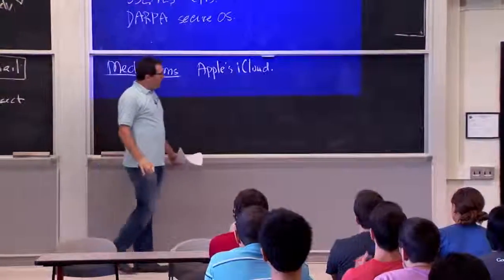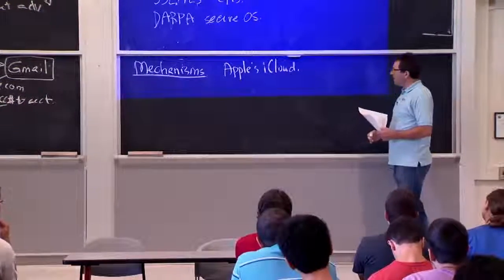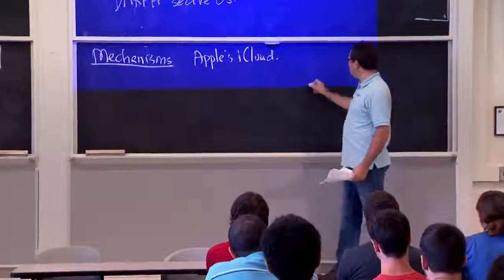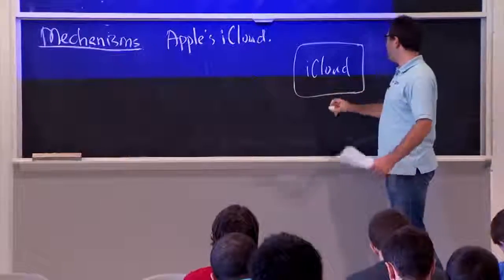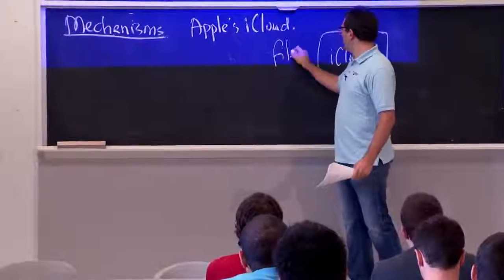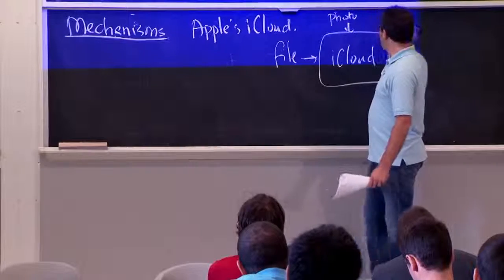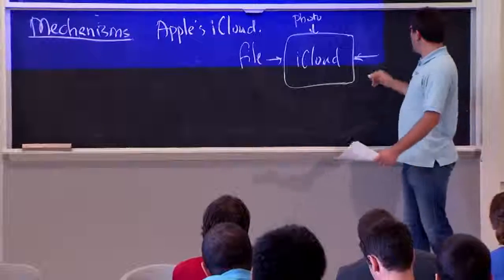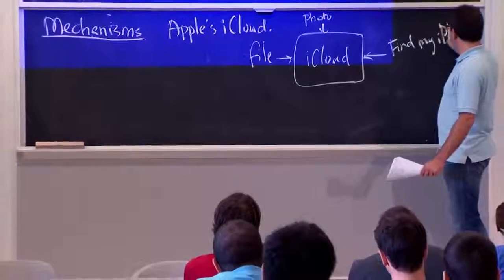And the problem that someone discovered in this iCloud service is that they didn't enforce the same mechanism at all interfaces. So what does iCloud look like? Well, it basically provides lots of services for the same set of accounts. Maybe you have your file storage on iCloud. Maybe you have your photo sharing. Maybe you have other interfaces. And one of the interfaces into iCloud, these are all different APIs that they provide, was this feature to find my iPhone, I think.